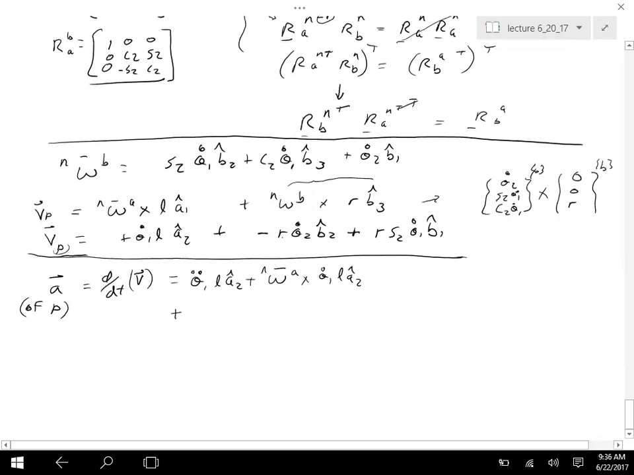The next term is this negative r theta 2 dot b2. R is constant, so I'll get negative r theta 2 double dot b2 plus the derivative of the direction, which is going to be the angular velocity of b with respect to n crossed with negative r theta 2 dot b2. And then my last term, same thing, plus